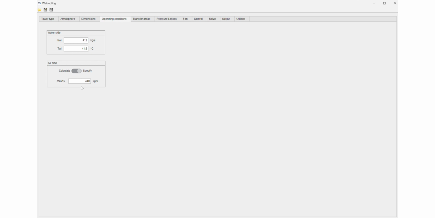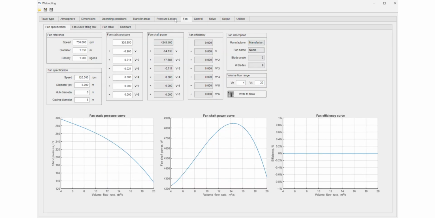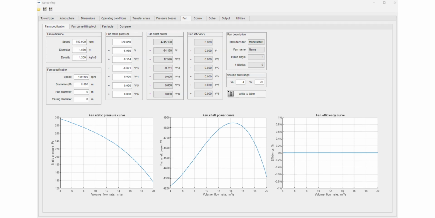However, if you want the software to calculate the operating point of the cooling tower, you select calculate, you go to fan, and you specify the fan on this page. If you want to use a fan in the analysis, you only need to supply the input in these white blocks on the fan reference, fan specification, and fan static pressure. All the other information on this sheet is just for information purposes and is not used in the actual solving